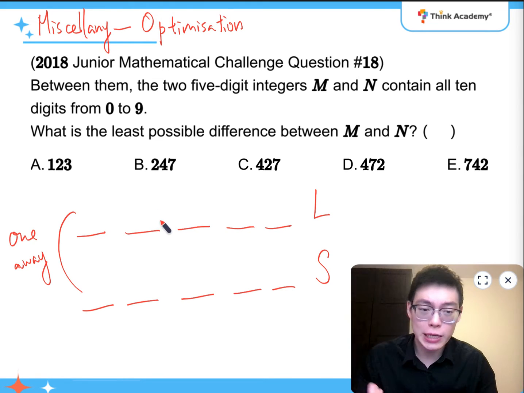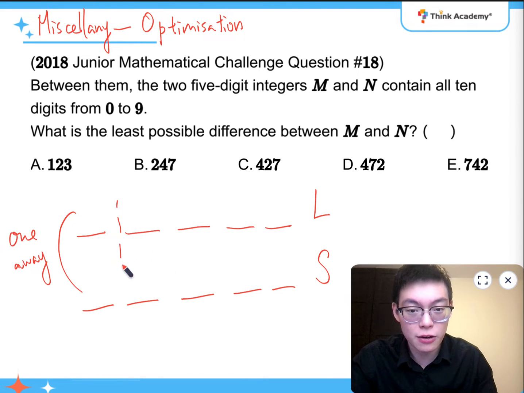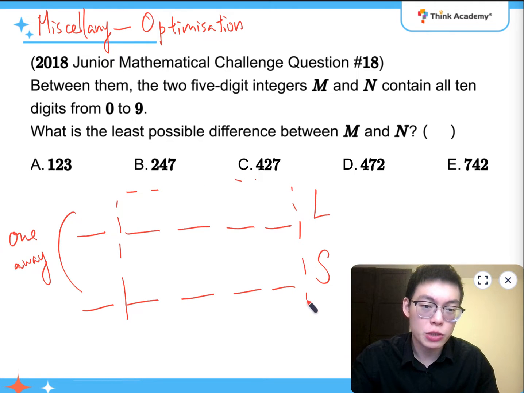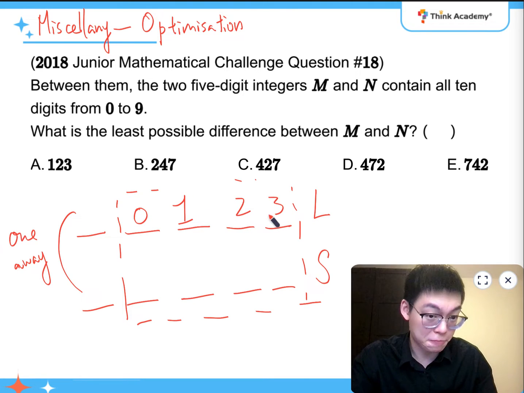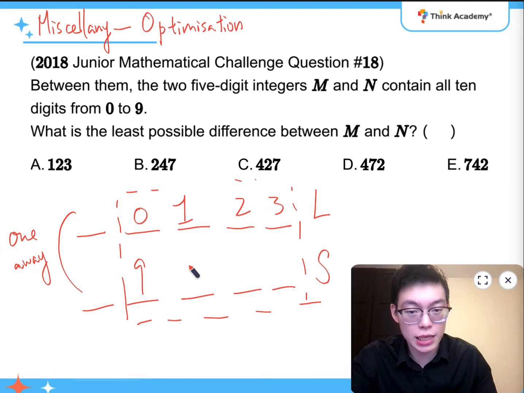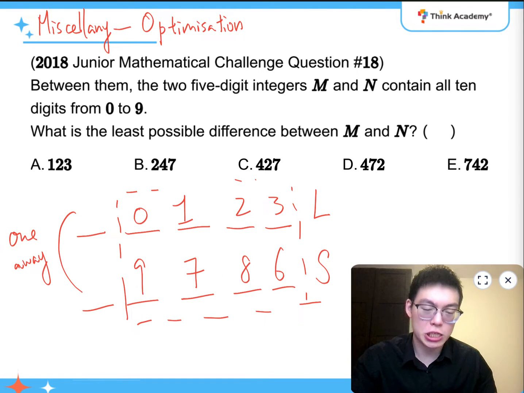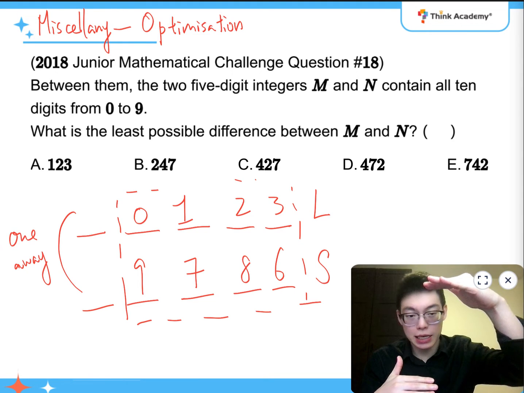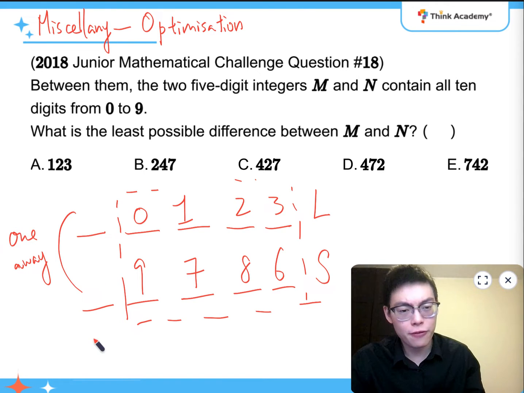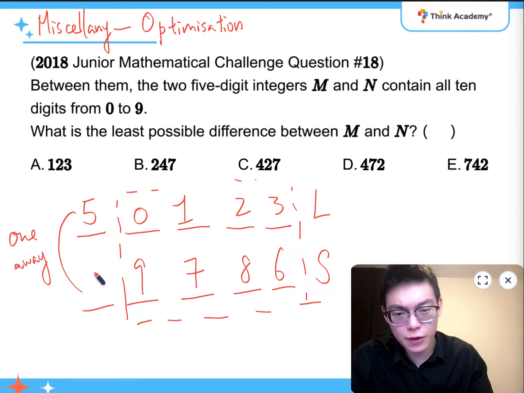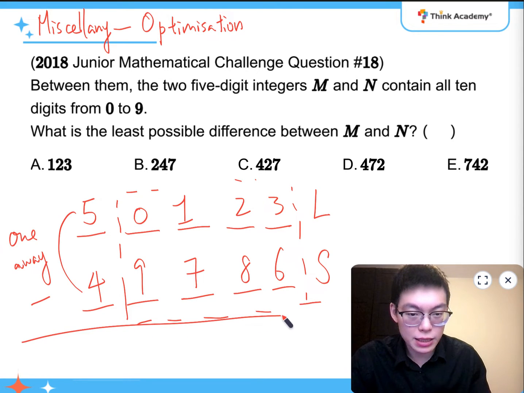Where the smaller one is going to choose all the largest digits and put them in the largest order for the remaining 4 digits. Which means that I will have the larger one going like 0, 1, 2, 3. And the smaller one goes like 9, 7, 8, 6. That's how the smaller number can get as large as possible and the larger number can get as small as possible. And then we can realize that there are only 4 and 5 remaining, which means this is 5 and this is 4. Now you just need to do a subtraction to find that it's going to be